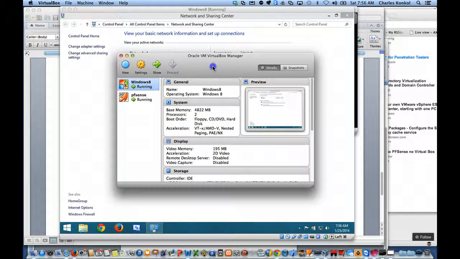Okay, this is a tutorial on how to set up pfSense, and Windows 8 or any other Windows OS will work on Oracle VM VirtualBox Manager. So the first thing you want to do is make sure and download VirtualBox Manager from the handout that you've been given. Also, if you already have a Windows DVD, you can use that to install an instance of Windows,